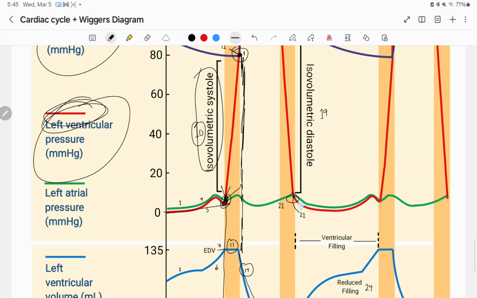Number 21. What does that tell you? Number 21 is telling you that the left ventricle is relaxing so much so that it goes back to its initial state. Remember how I said it was originally starting from 0 and goes up to about 80? Well, guess what? It goes back to around 0 again. It's going to relax so much that its pressure is going to fall right underneath, at the end of isovolumetric diastole, the left ventricular pressure goes down so much that it goes underneath